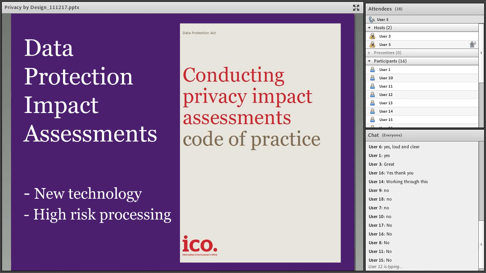So just having a little look at the results. Quite a few no's, which is absolutely fine. The majority know, but some have assessed or are working through it, and one yes. And hopefully the person that answered yes found them a really valuable tool. If you have carried out a DPIA, then that's absolutely great.